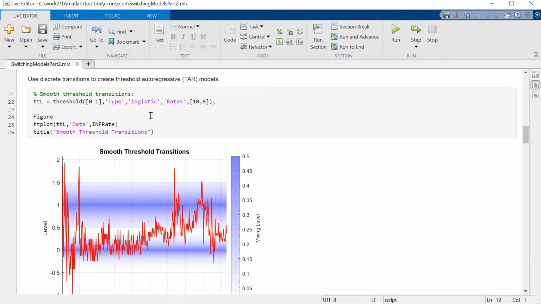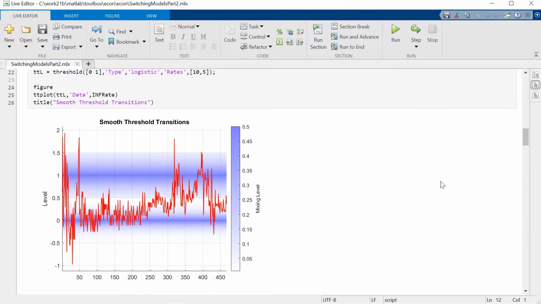If you give it a lower rate, like 5, at level 1, you get a slower transition, like this. And we won't look here in any detail at these smooth transition models, but again, what happens here is if your threshold transitions are smooth, and you then designate a threshold variable like this, when the threshold variable gets near one of the transitions, instead of transitioning abruptly from one state to the next, one submodel to the next at the specific levels, you get a mixing of models near the transition area with the mixing level described in this color bar here to the right.